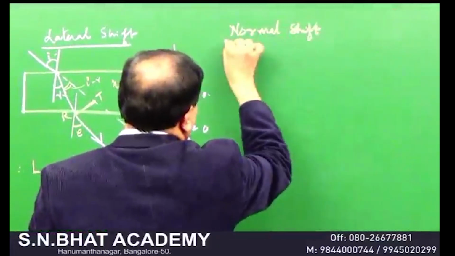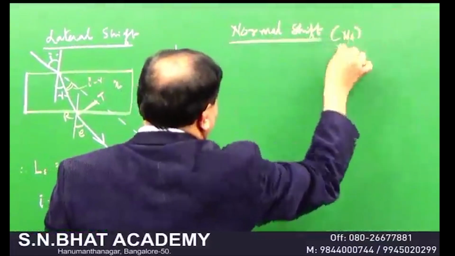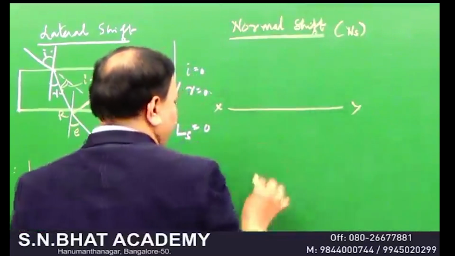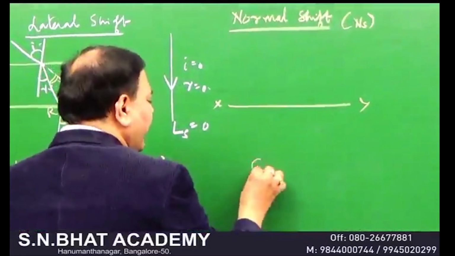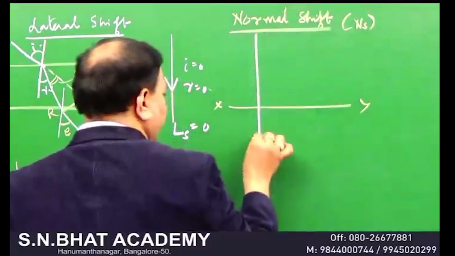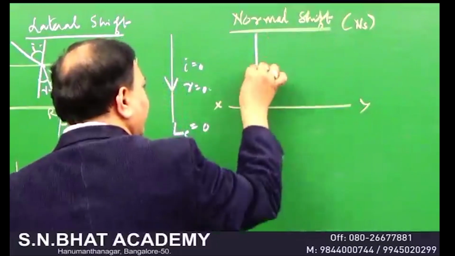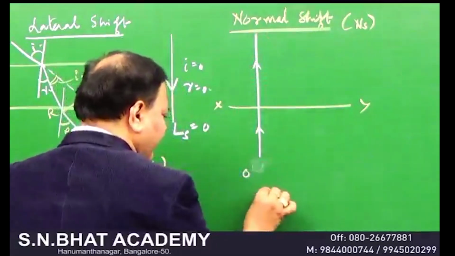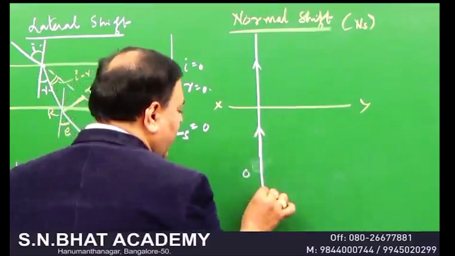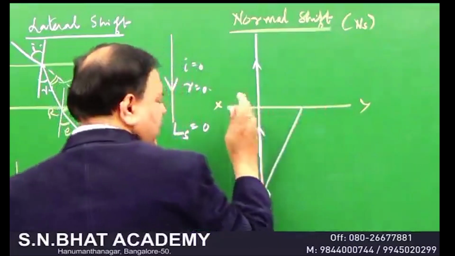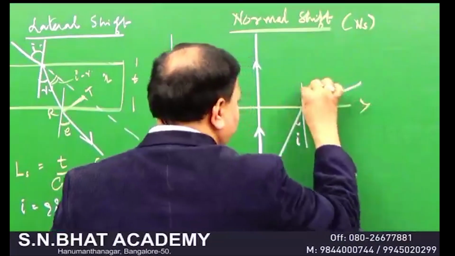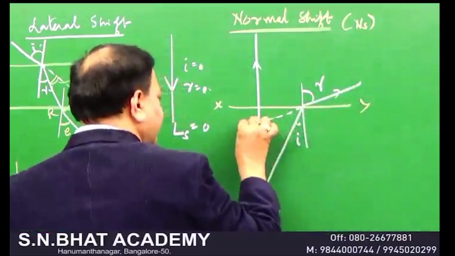See, this is your daily experience. Suppose you have a coin here, here is the surface XY and here is the normal. If you have an object in the water, this is the direction of the normal. You know that the ray of light goes undeviated like this. Remember, if the ray of light is incident very close to the normal, we write this as the angle of incidence, and this is the angle of refraction. On producing it, you will get this is the image.